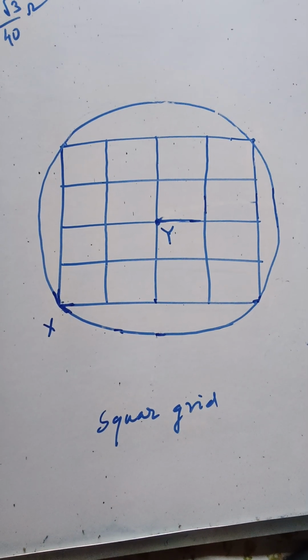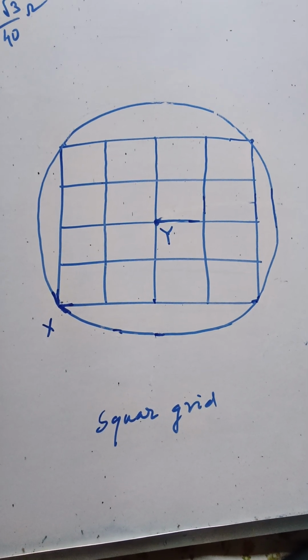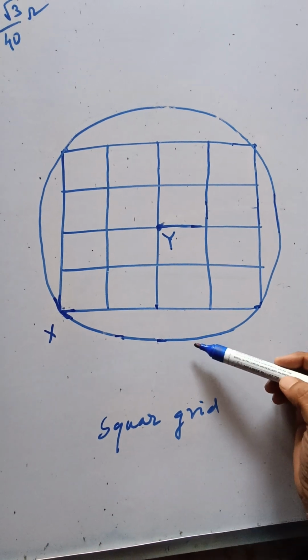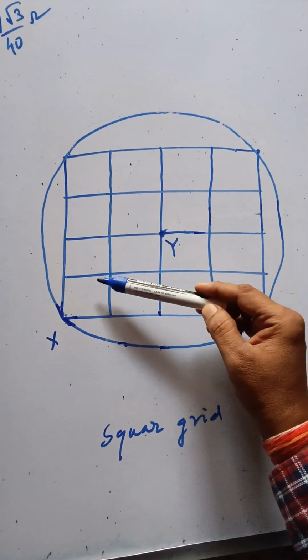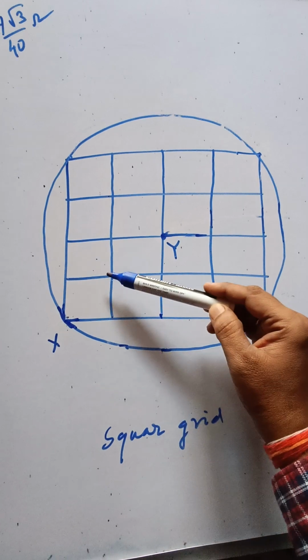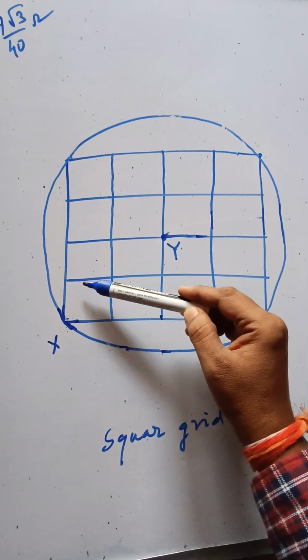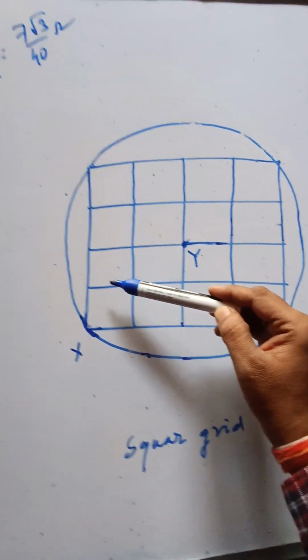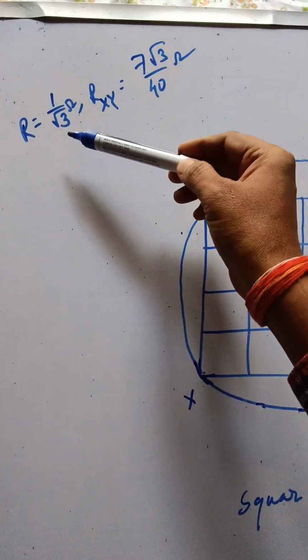This question is taken from Olympiad 2024. There is a square grid circuit. The resistance of each wire between two joining points is R, and the value of R is given. It is 1 by root 3 ohm,